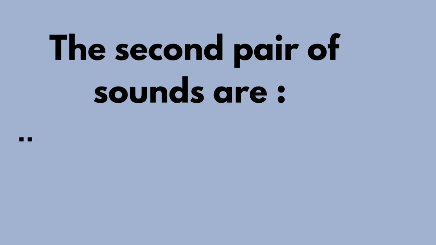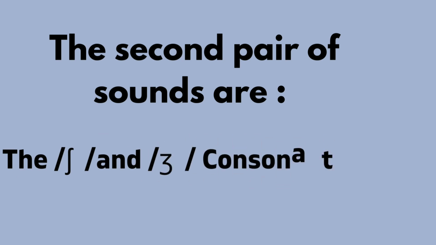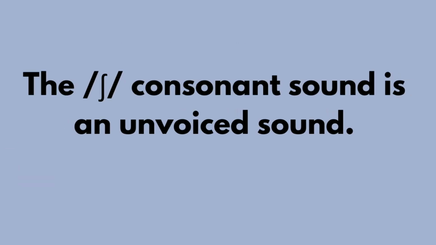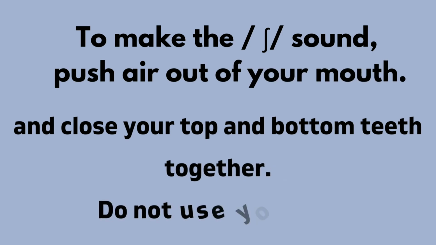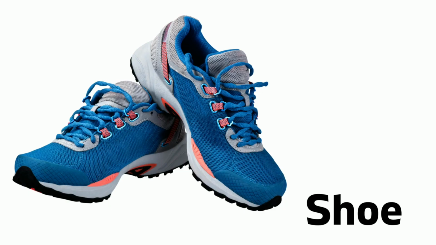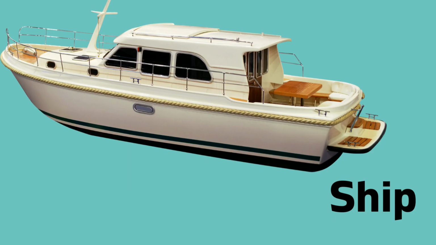And the second pair of our consonant sounds are the SH and the ZH consonant sounds. The SH consonant sound is an unvoiced sound. To make the SH sound, push air out of your mouth. Let's look at the example. Shoo. I'm pushing air out of my mouth and I'm not getting a vibration from my vocal cord as I'm pronouncing these words. Shoe, sheep,